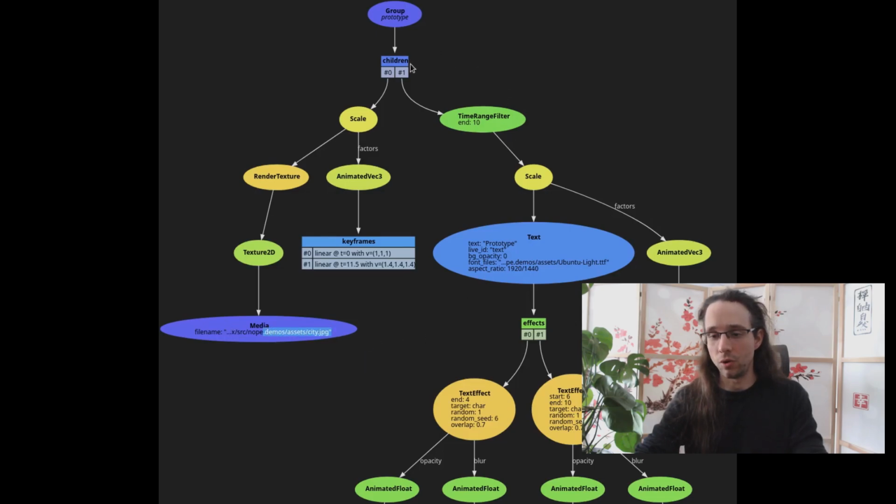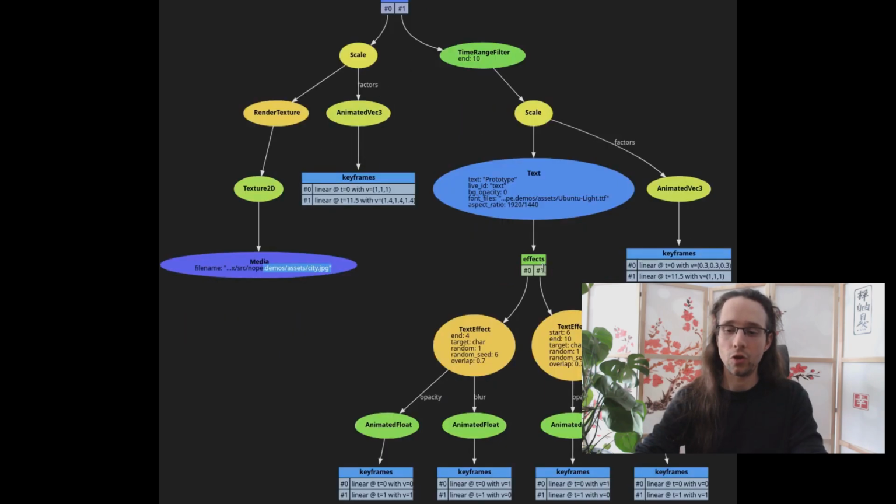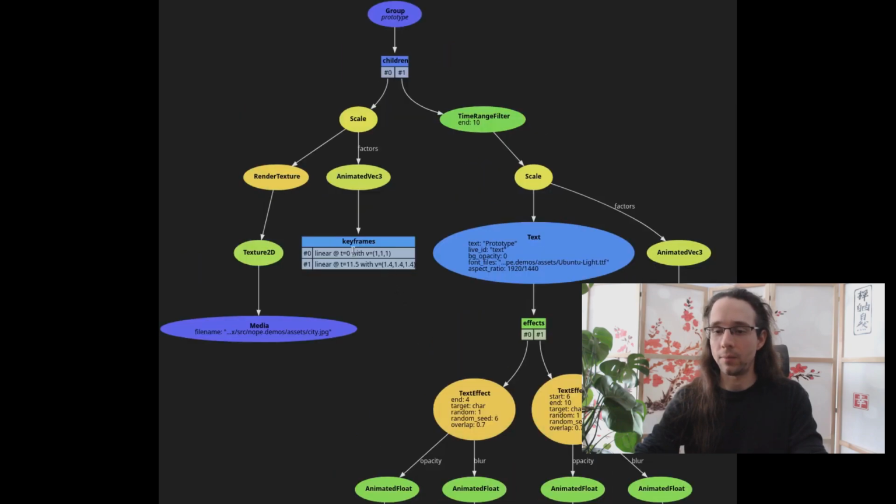And in the second branch, we see a different scale, but more importantly, we see a text node which contains two effects. Looking at the parameters of this effect node, we can see that both of them target the characters and seem to describe how the opacity and the blur are animated. If we look at the scales, we see that a few time keyframes are described. They indicate how the value for a given time should be interpolated.